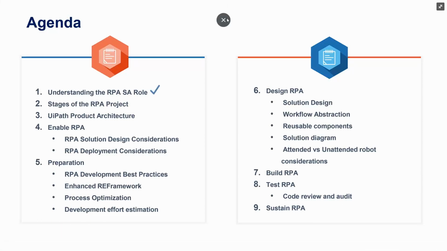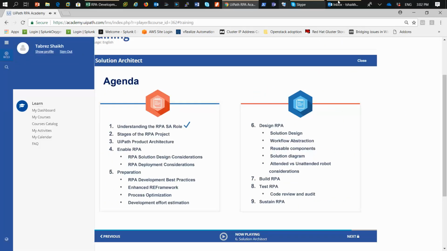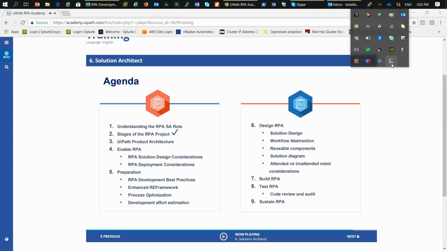We started with the solution architect role, and then for each of the 6 stages of an RPA project by them, we reviewed the UiPath